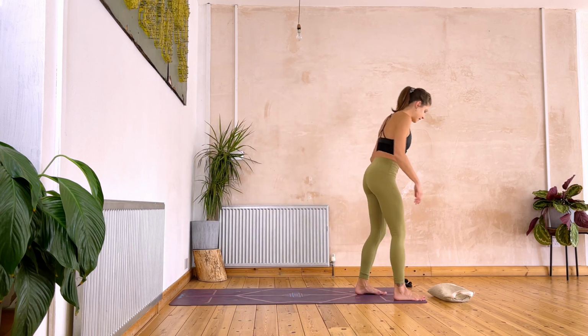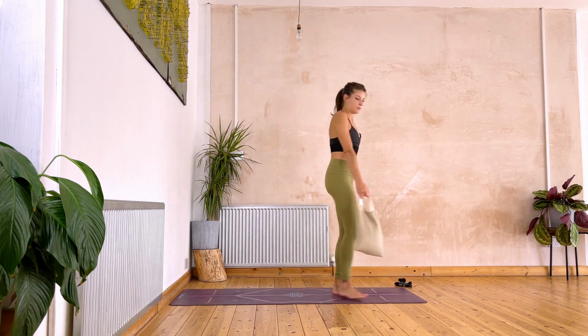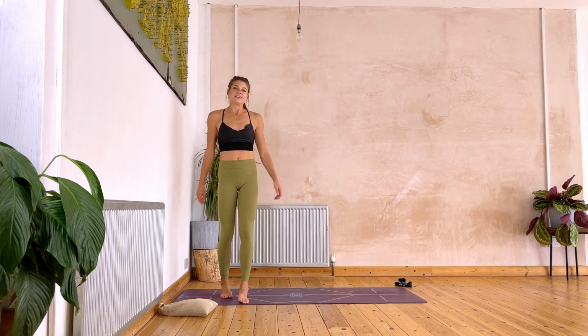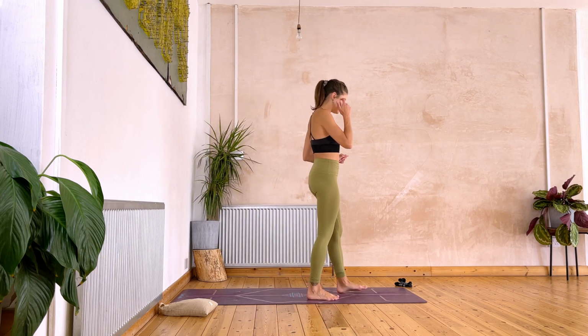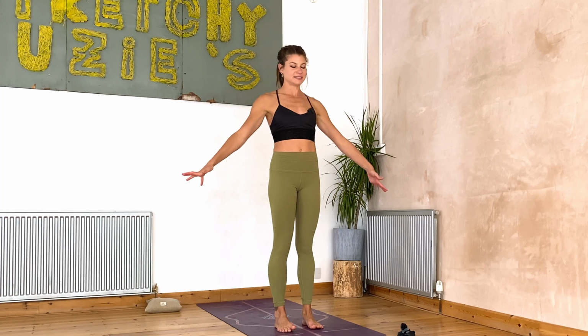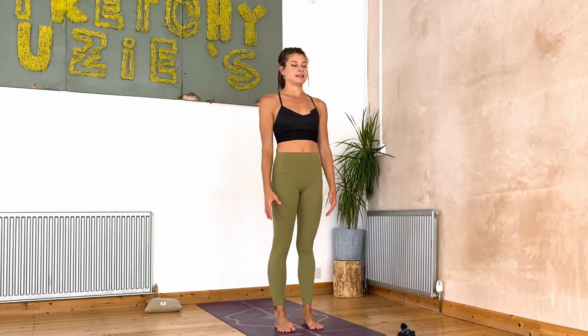So go ahead and position your weight towards the wall, ready for you. And we're going to begin just standing at the front of our mat, facing away from the wall. And you're invited to just take a moment to take a few breaths here. Just settling into your body,